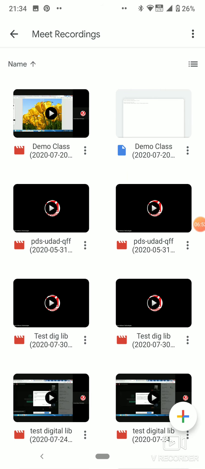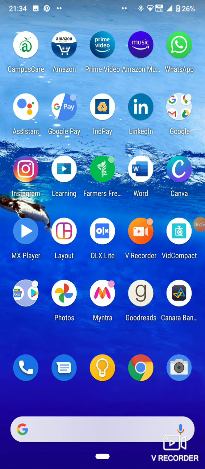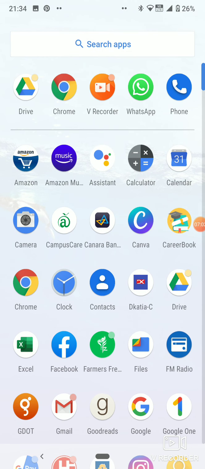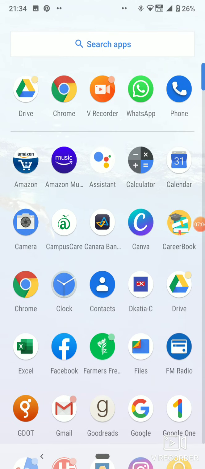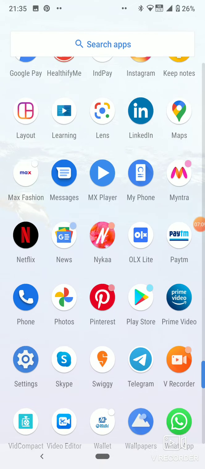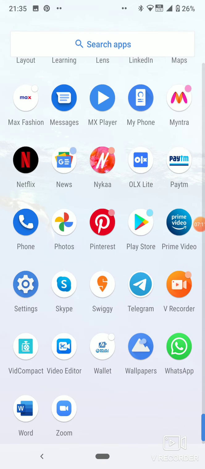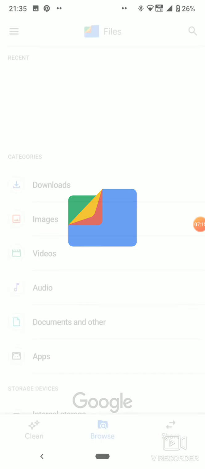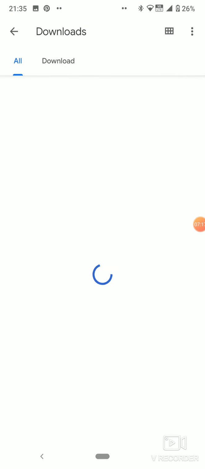Now you can see in your files. Click onto the files. You can see the downloads.